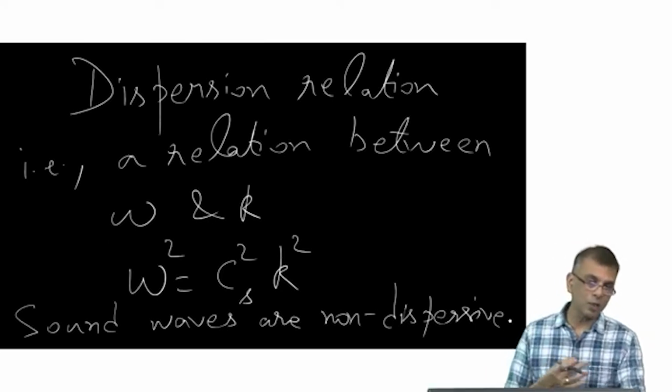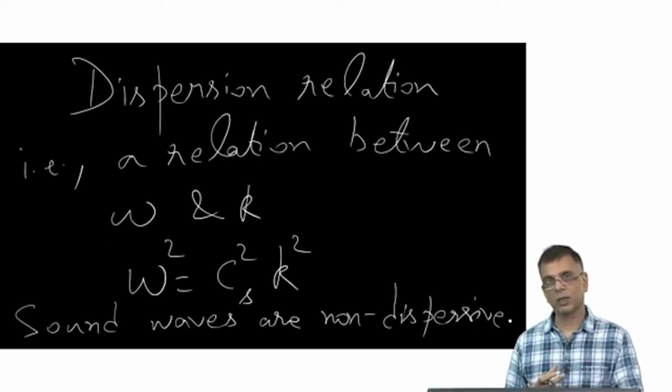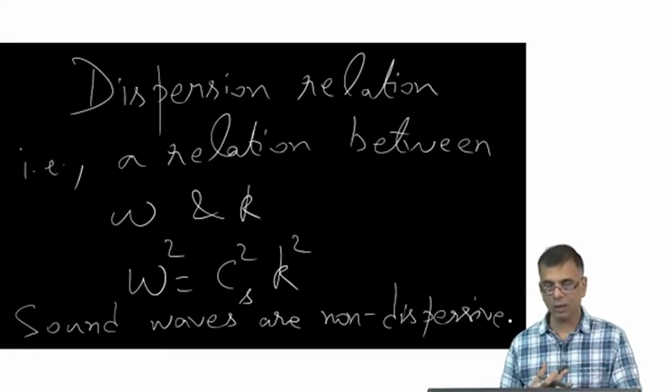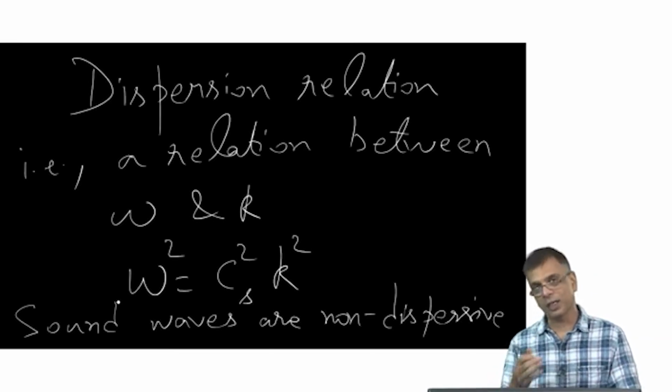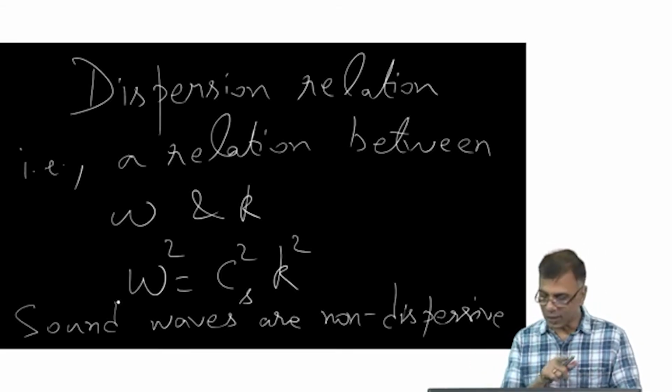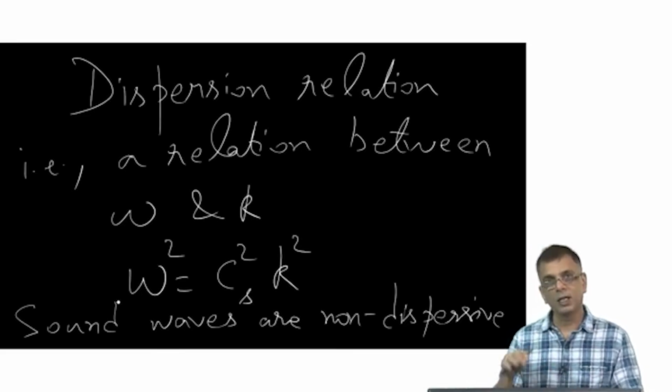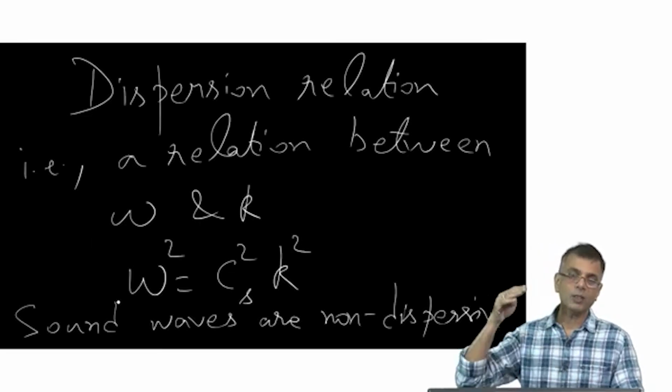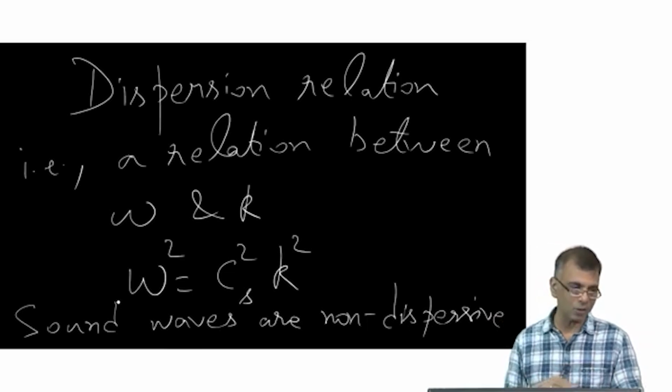It's not like the phenomenon of light waves propagating through a prism, where the phase velocity, the group velocity for that matter, of light of different wavelengths, in other words, different temporal frequency, is different inside a prism. And that's why monochromatic light splits up into its components. That's not the case with sound waves. Different frequencies of sound waves propagate at the same speed. Whether I'm speaking at a high frequency or a low frequency, the speed of propagation is always the same, and that's the speed of sound.